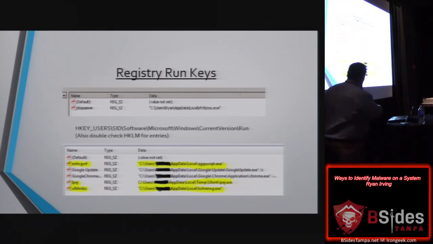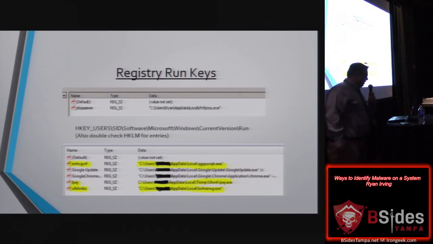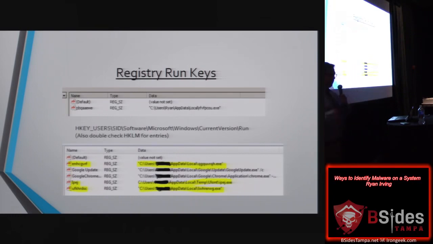And it's also one of my favorite places to first look for malware when I'm looking at an incident, because it's typically my first piece of the puzzle. If I can identify how the malware is maintaining persistence, and I can get an indicator right away, I then can create a date and time. I can look at other files that were created during that date and time as well, and that could help